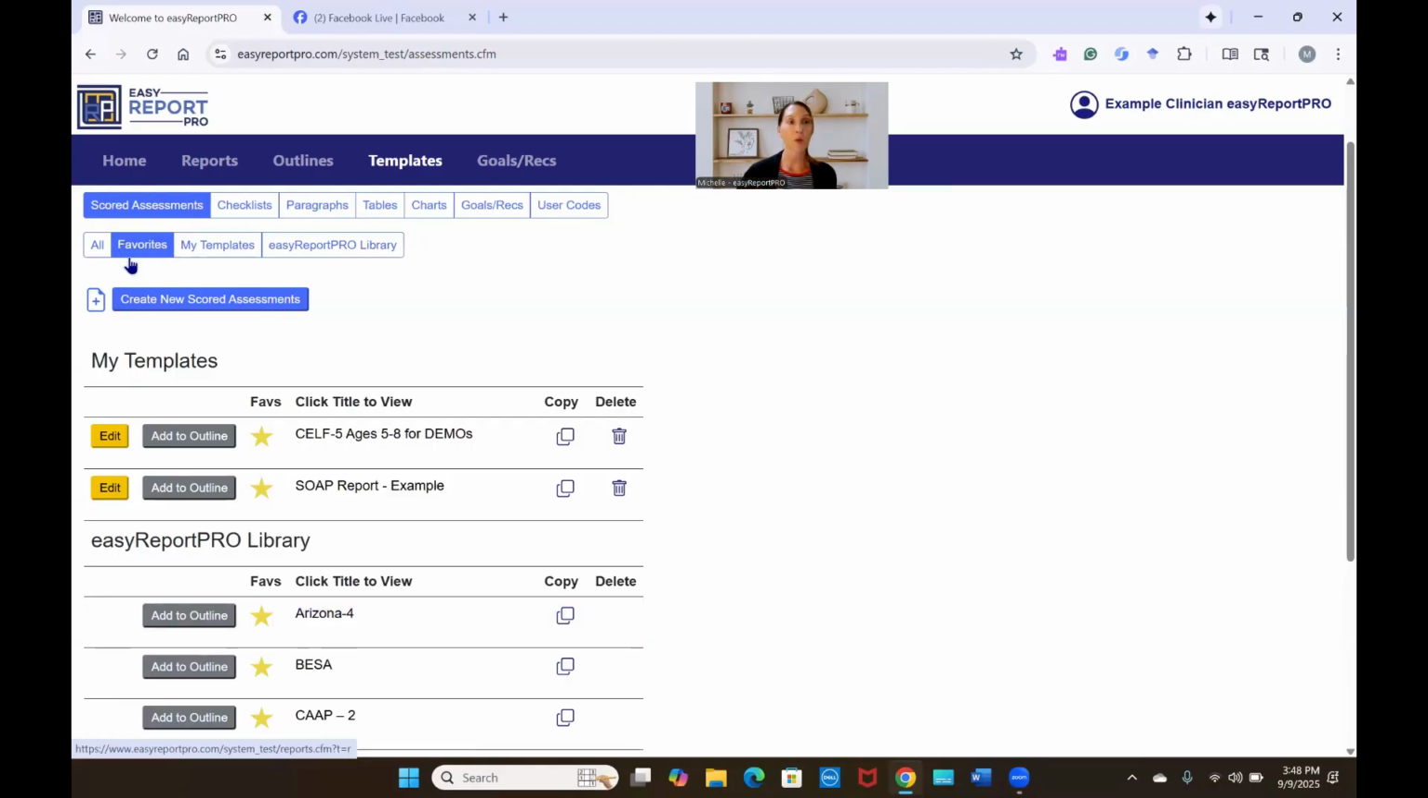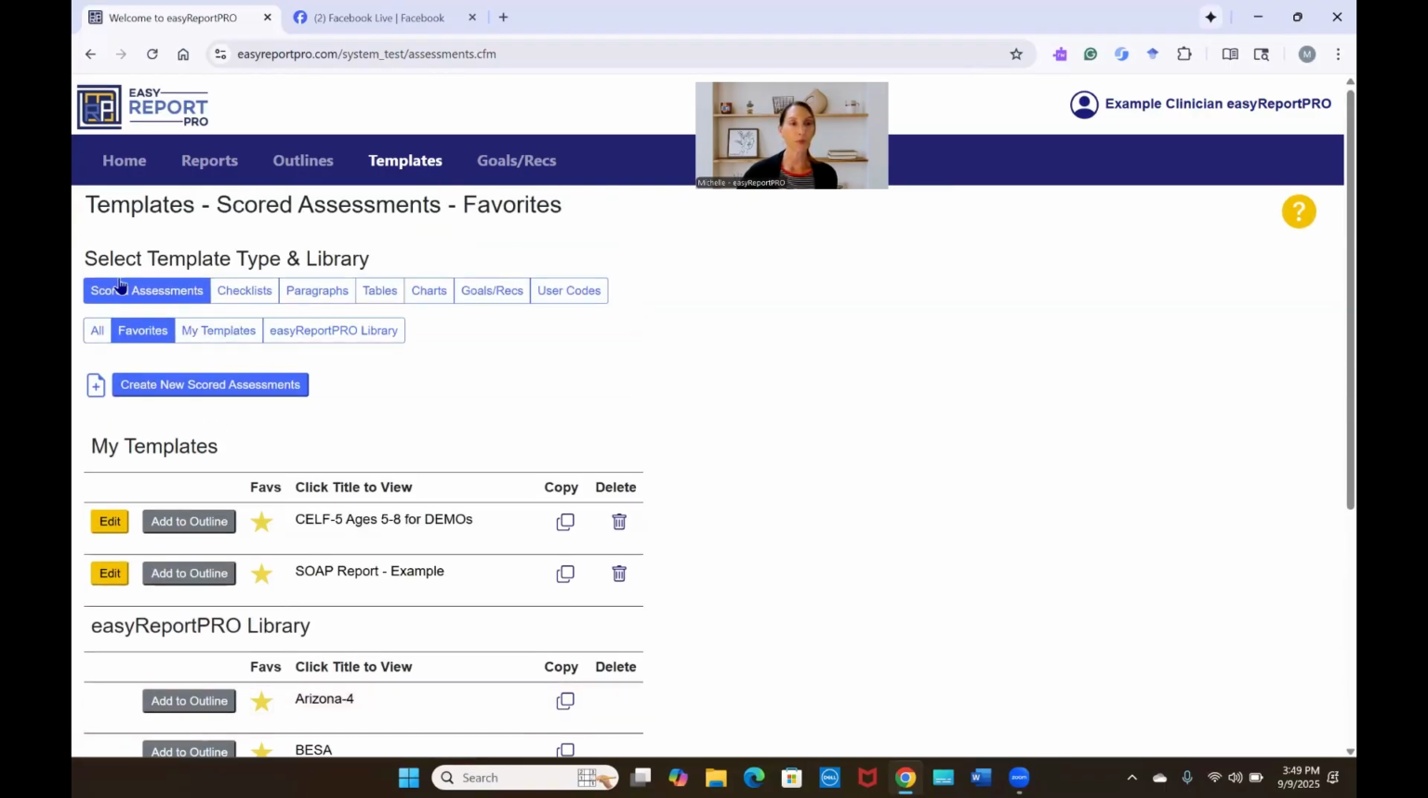This favorites tab will be available there, and you can just quickly click the Arizona 4 so that you can use it. All of your favorites also show up in the focus mode if that's the way that you're using this platform as well. The other thing I want to show you is I'm going to go back here to the Easy Report Pro